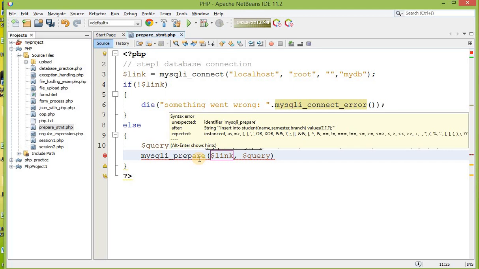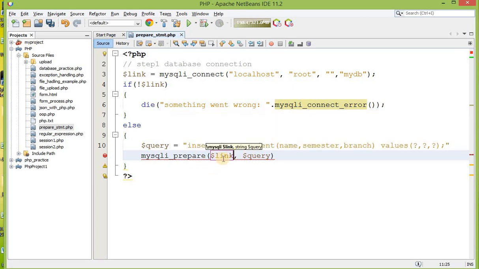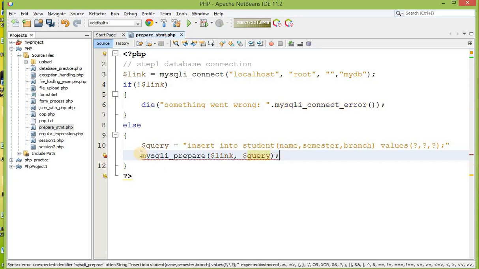It will optimize the query and get it ready, so that whenever data comes it will just execute and perform that particular operation in the database. Over here your first parameter is your link variable, the reference, and the second one is your query. This method will return a reference to a MySQLi statement, a kind of statement reference.